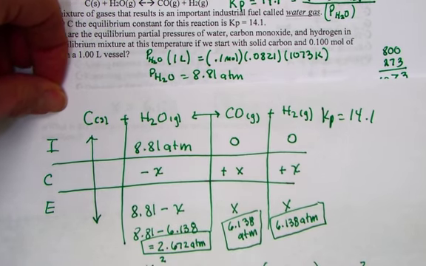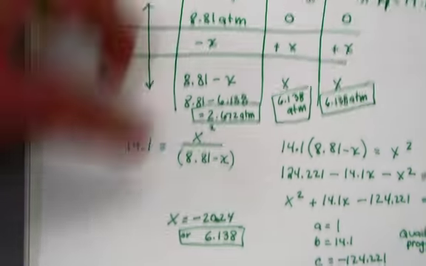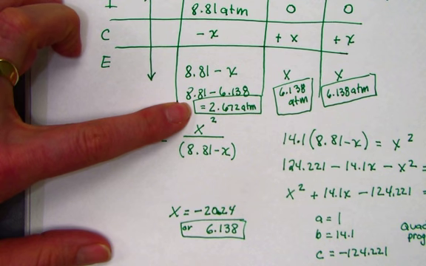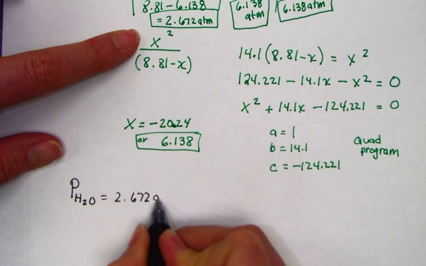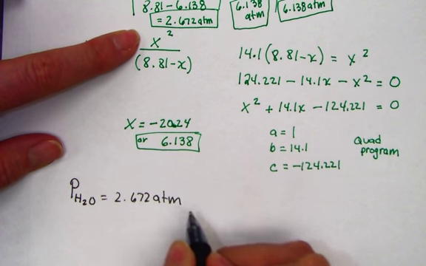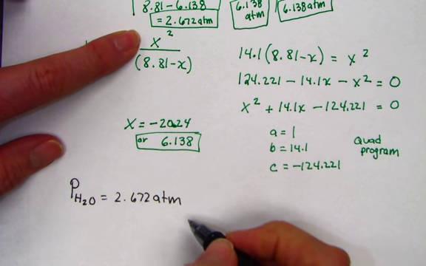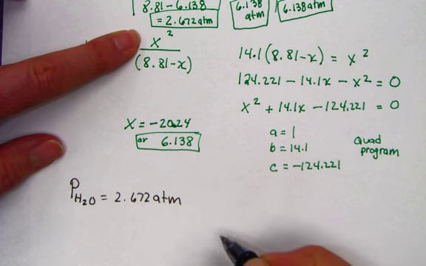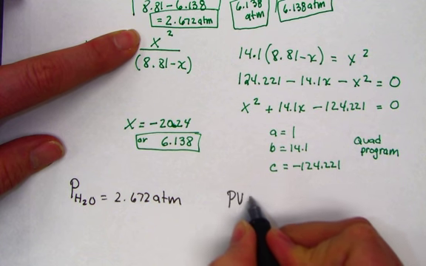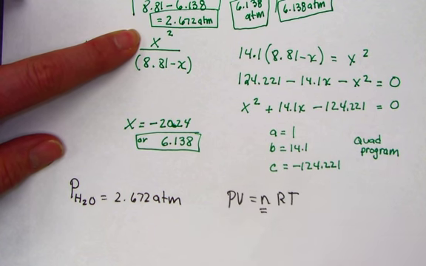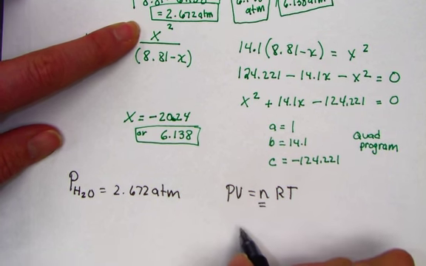Here's what we know so far from the last problem, that at equilibrium we had a partial pressure of water as 2.672 atmospheres. Using this information and the stoichiometry, we can figure out the number of moles of water at the equilibrium. If PV equals nRT, let's pull out n, the number of moles of water at the equilibrium. Now the partial pressure we just solved for,